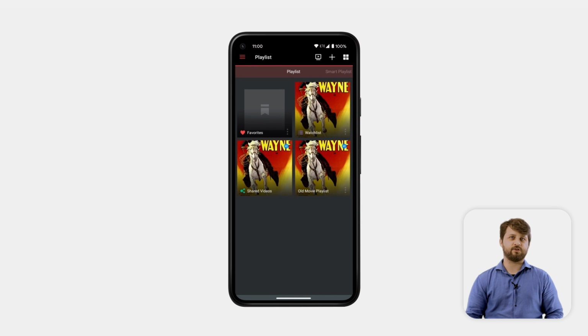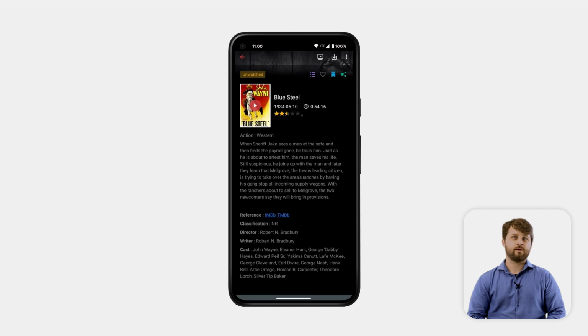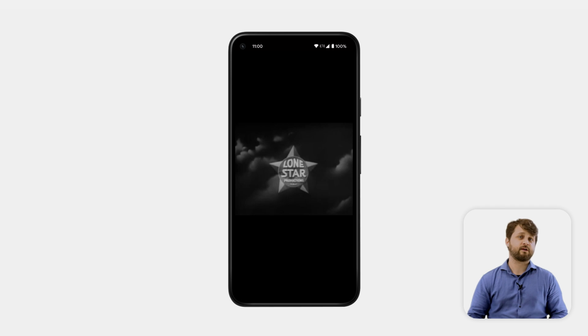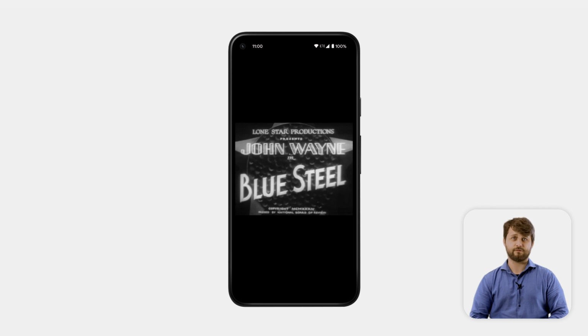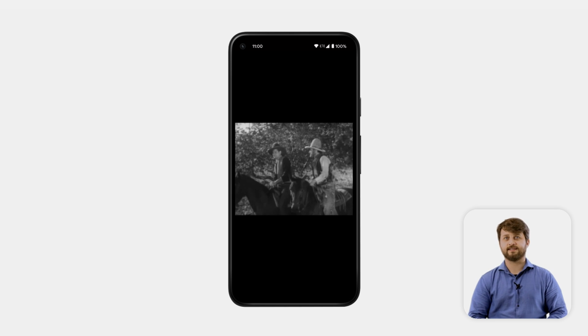So now that we're all logged in, you can see all the different playlists that we created from before. We can see the shared videos, that old movie playlist that we created, and even that watch list that we added that Blue Steel movie to. Right from this main device right here, from our mobile app, we can even go in and actually select the play button right here and actually play the video directly on our mobile device through this DS Video app, just like you saw with the embedded player on Video Station on the main NAS itself. So now you can see that we can watch that movie, skip ahead, all that good stuff.